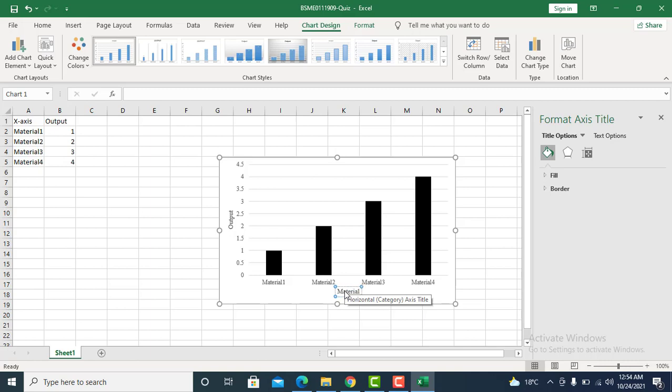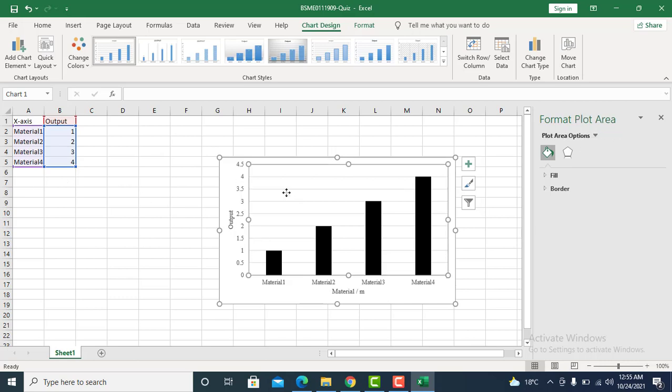For units you can create a name and then press spacebar and backslash and type units, meters or millimeters, whatever the units are. Here this is your result. As you can see, this plot automatically takes in the x-axis material selection, material 1, material 2, material 3 and material 4, and the output was plotted along the y-axis.